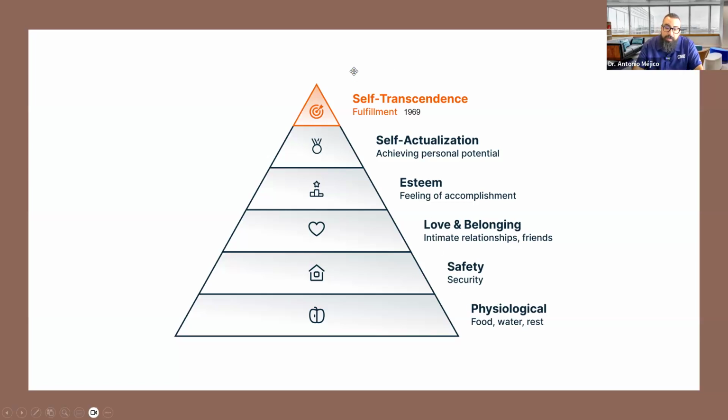You may see me moving from self-transcendence and falling into this place of safety and security, because I'm not exactly sure how I'm going to pay the mortgage next week. I'm not exactly sure if I can afford all of the groceries or gas. And so I'm starting to tilt back and forth between safety and physiology, because I'm unsure where I am. But then let's say that that life matter is able to be resolved. I'm able to get that income back again. I might slowly start to see myself moving up the pyramid again, of Maslow's hierarchy of needs.